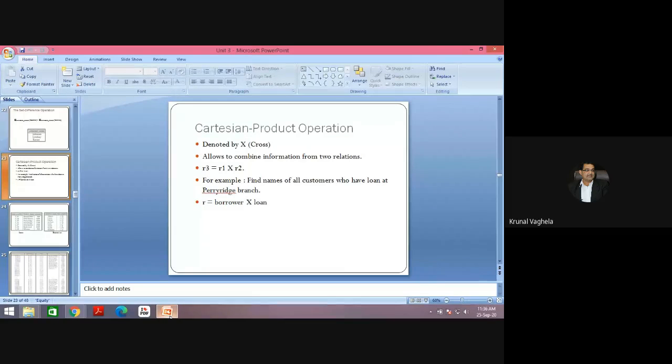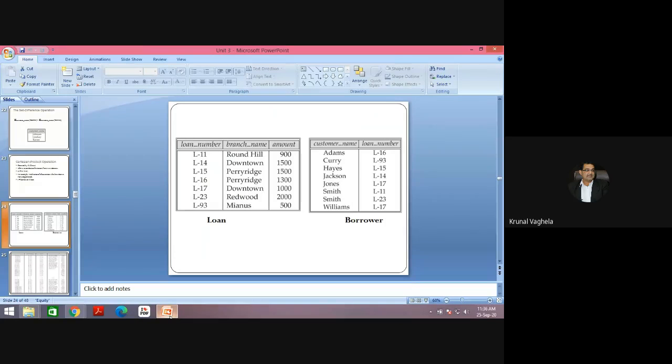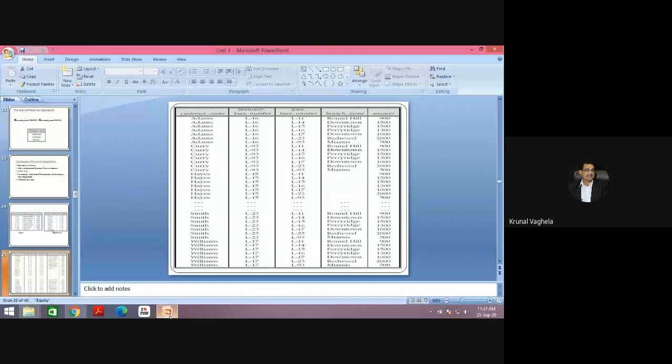Find names of the customers who have a loan at Parish branch. The information is scattered across two relations. Branch information is in the loan table and customer names are in borrower. So we need to combine them. When we do Cartesian product, it takes one row of the left-hand side and combines it with all the rows of the right-hand side, like second, third, and all. This is the result table.